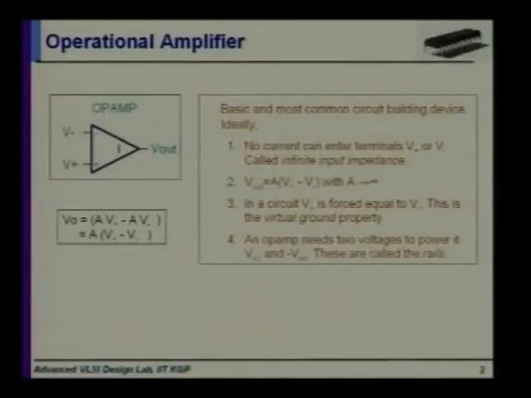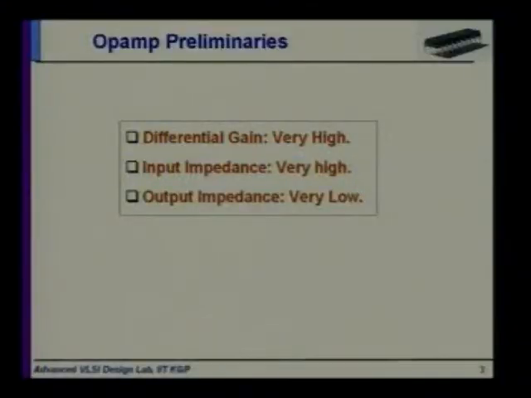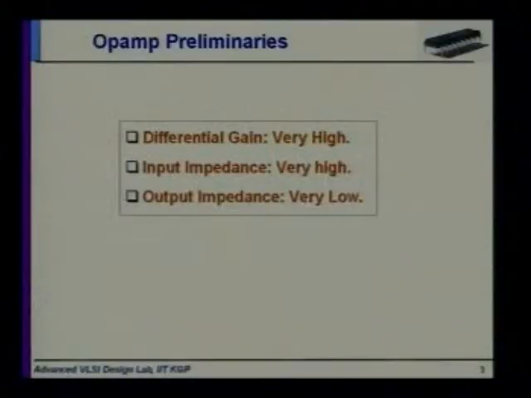This is the symbol view of the op amp, and these are some basic features. The differential gain should be very high, input impedance very high, and output impedance very low. When we need voltage to voltage conversion as an amplifier, this criteria holds. There are slightly different applications also, where we apply a differential voltage at the input and want current as the output. In that case, the first two criteria remain fixed, and only the output impedance changes. This makes the op amp an operational transconductance amplifier.